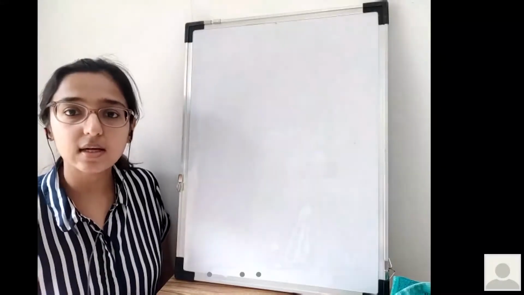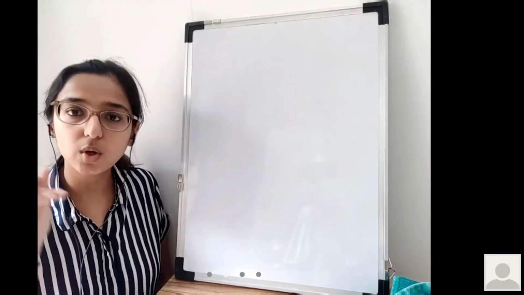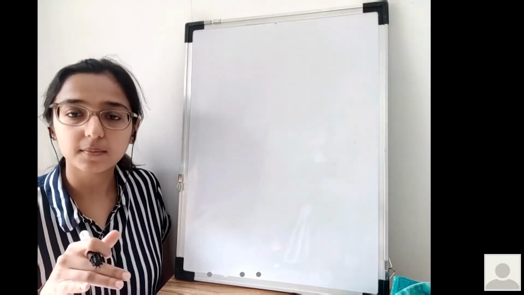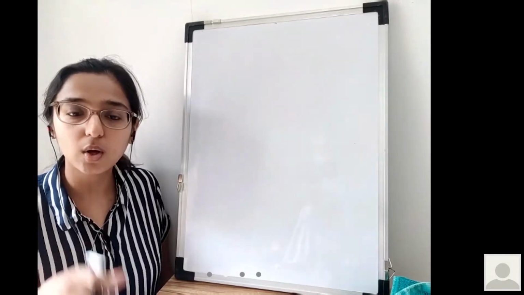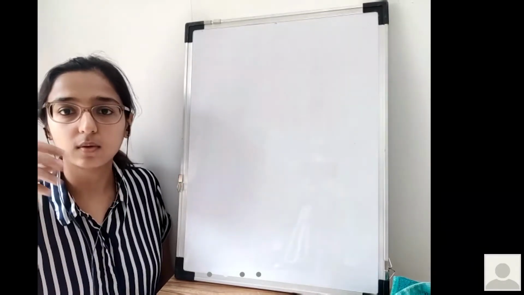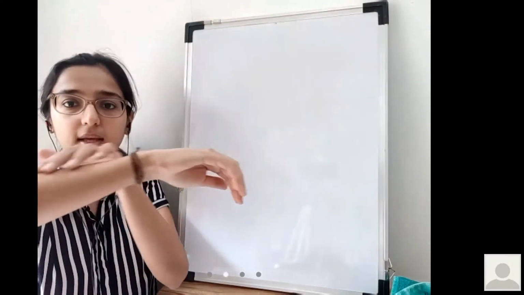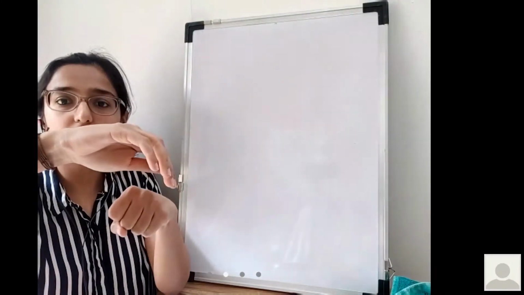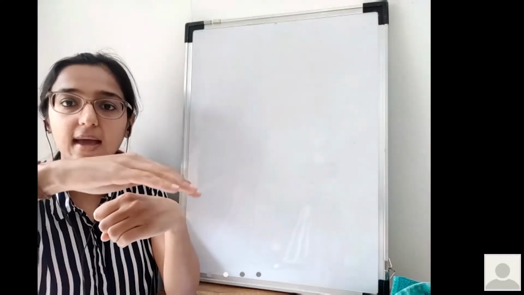So the impulse starts from the nerve, the motor neuron. That motor neuron approaches the muscle, and when it approaches the muscle, it starts branching out. So if this is the motor nerve which has come like this, and this is the muscle over here, this motor neuron is an axon, right?